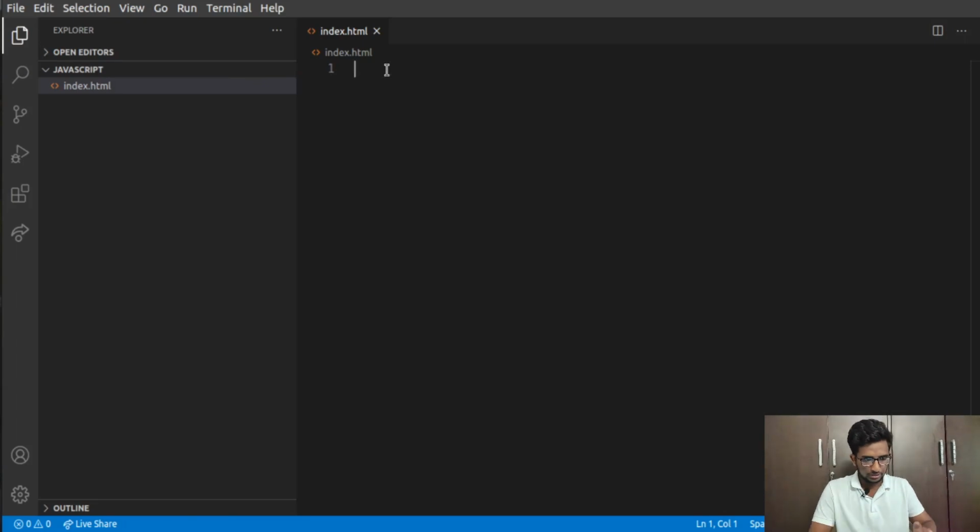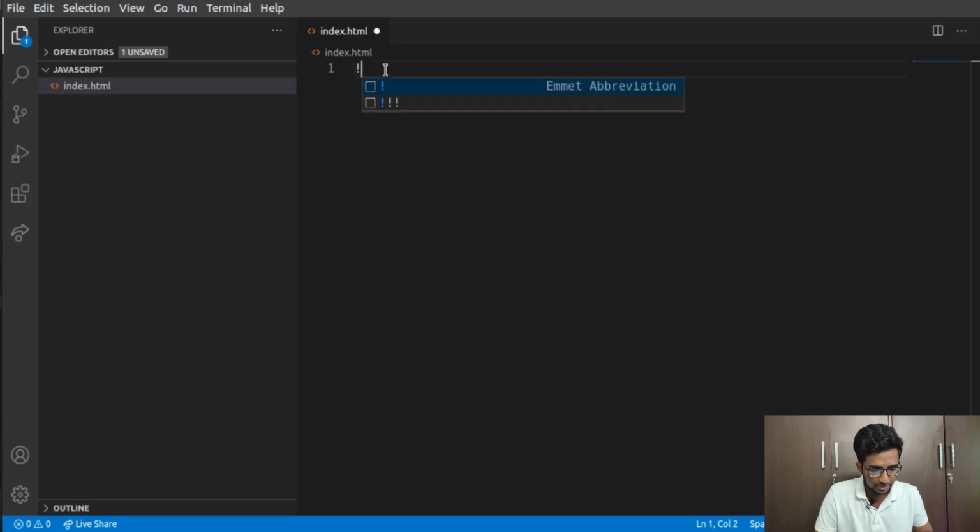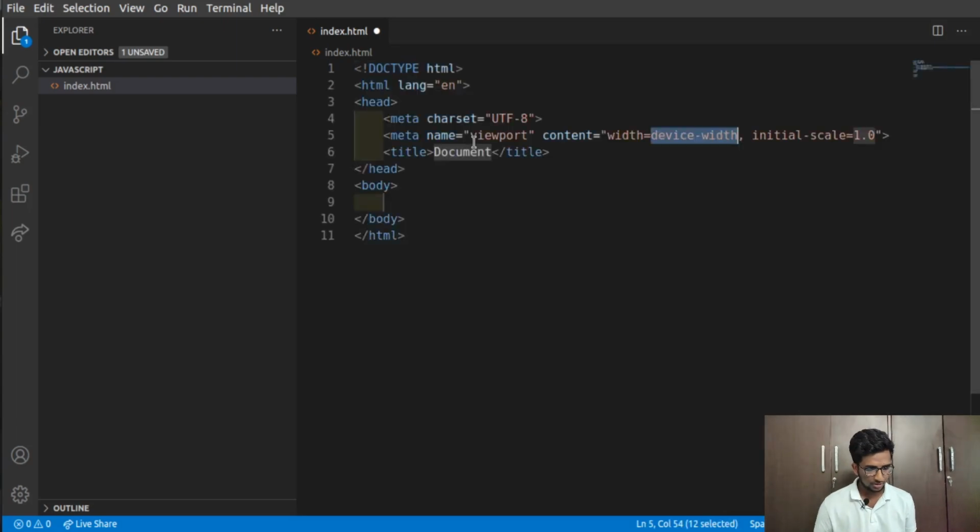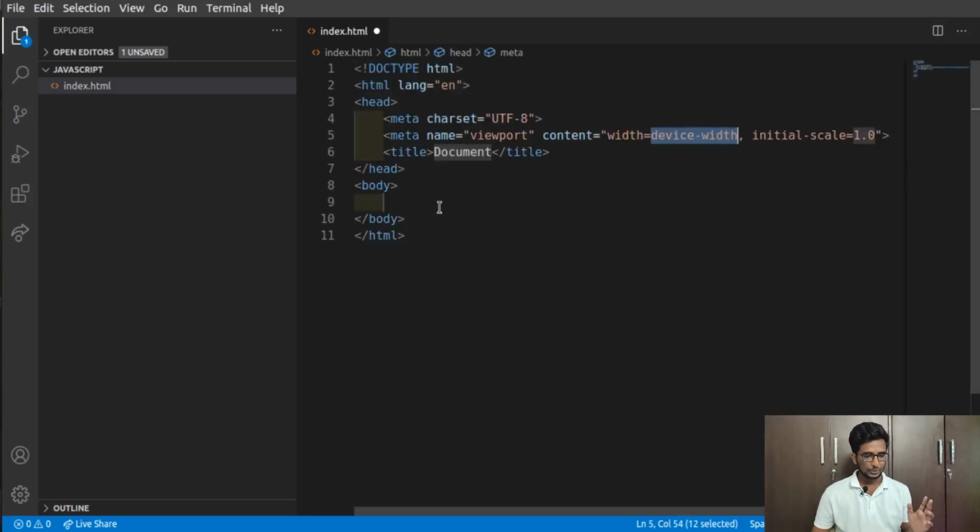So first we need to create the body. Here I have loaded some Emmet extensions. Emmet helps you have a better flow of writing code in HTML and CSS. They are already installed when you install Visual Studio Code. What you can do is simply click on the exclamation mark, and you can see it is showing an Emmet abbreviation. If you click on tab, now you can see, boom, the code has been created.